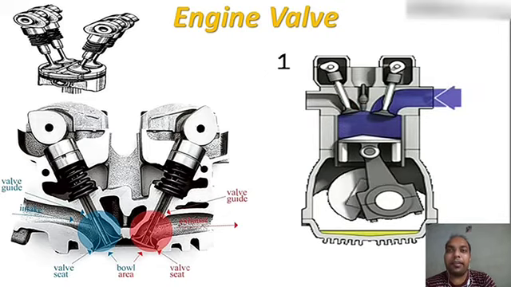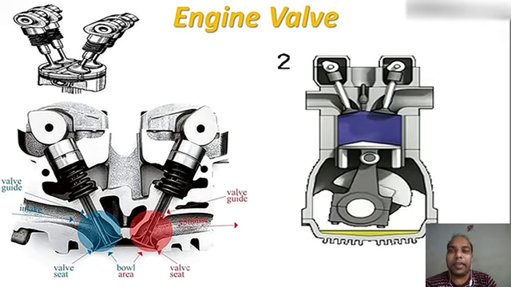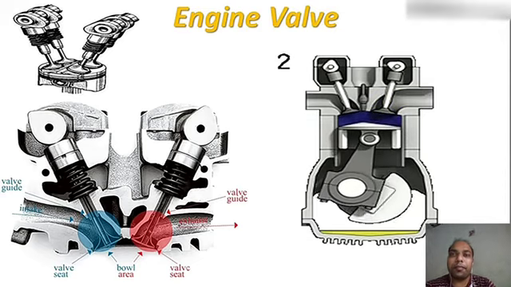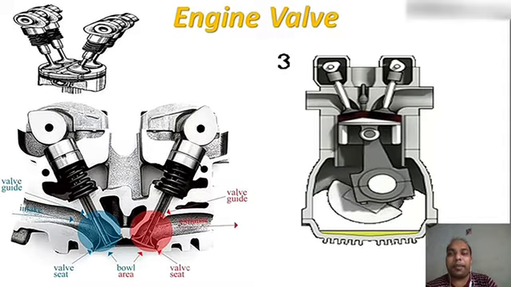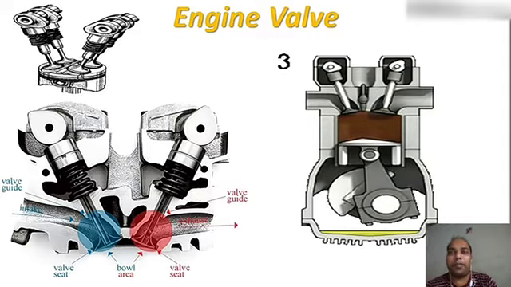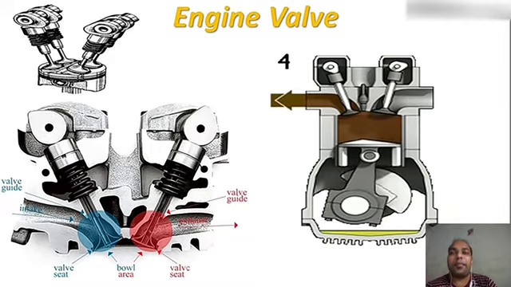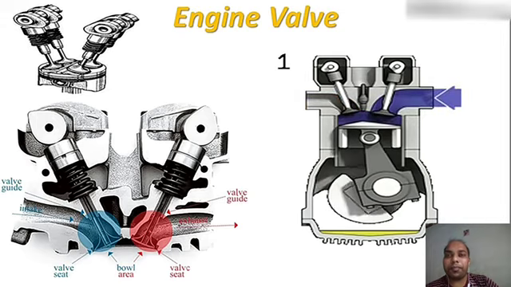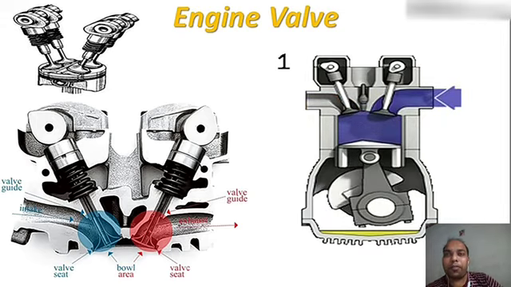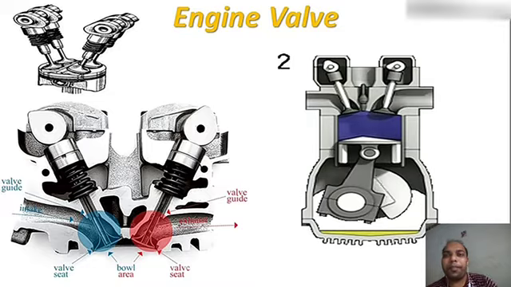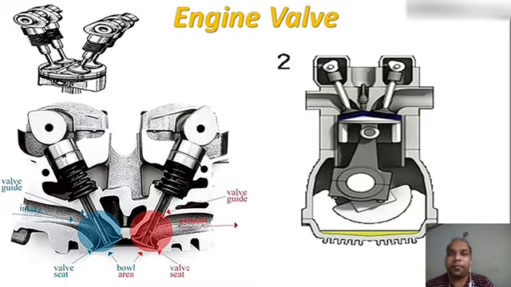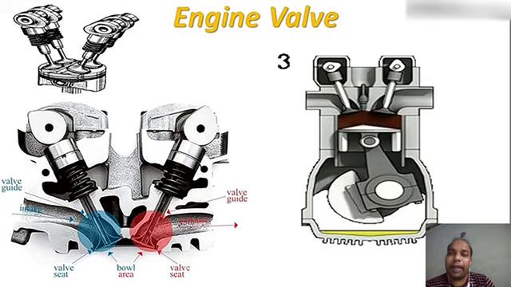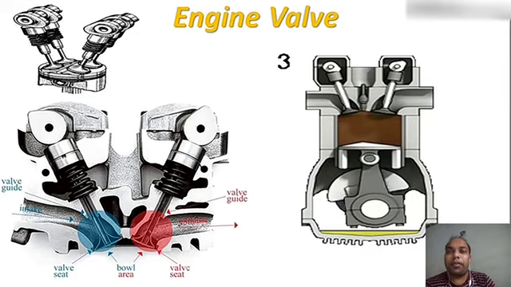Suction, that is air suction. Second, compression of the inlet air, with both valves closed. Third is the spark plug firing, that is expansion, therefore the piston will move downward, and whatever residue remains, the burnt gases, will be exhausted by opening valve number 4. In the first stroke, the first valve opens and the second valve is closed. Then both valves close. At the third stroke both valves also close, and at the fourth stroke only the fourth valve, or second valve, opens.